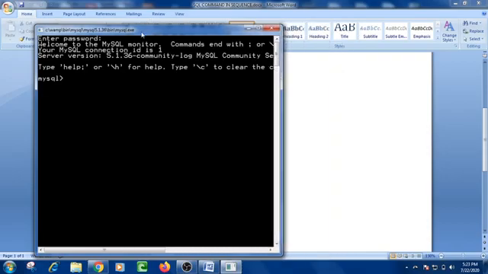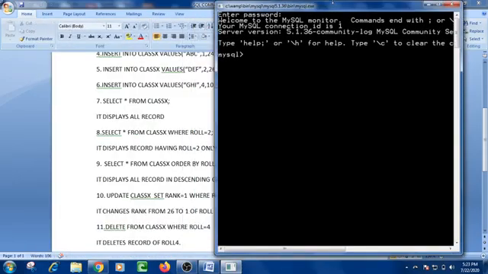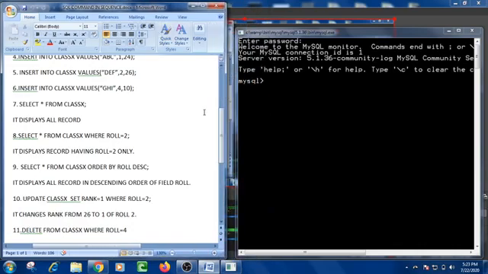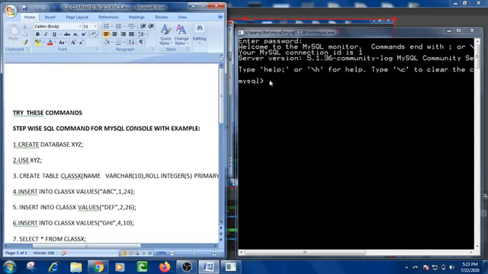Now let's see how to use the commands in MySQL. The first thing that all of us are going to do is to create the database. As I told you, the command is create database. I have given the name, suppose, school. Then give the semicolon, press enter key.